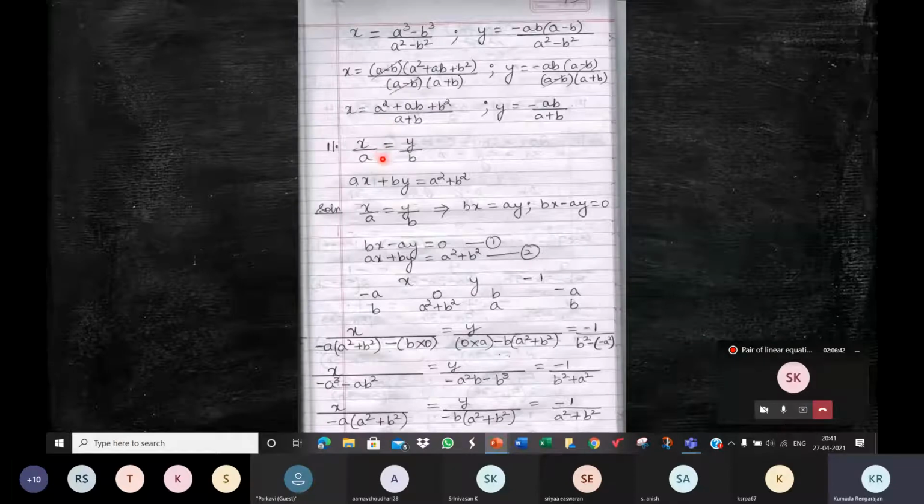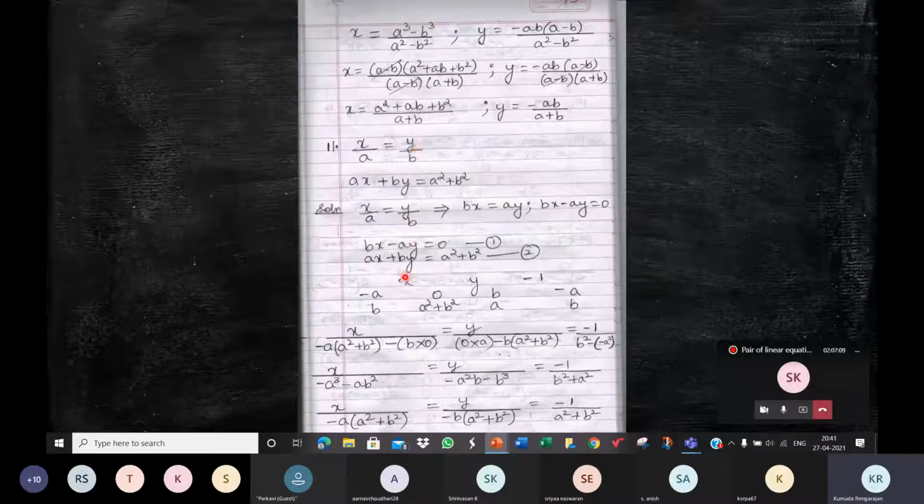Ashwin. Very good. So I was telling you that we've taken this to this side, no? X by A minus Y by B is equal to 0, children. Be careful, it's equal to 0. So the coefficient of X will be 1 by A. And when you take this here, the coefficient of Y will be minus 1 by B. See, this is minus Y by B here. So minus 1 by B. And the constant will be 0.